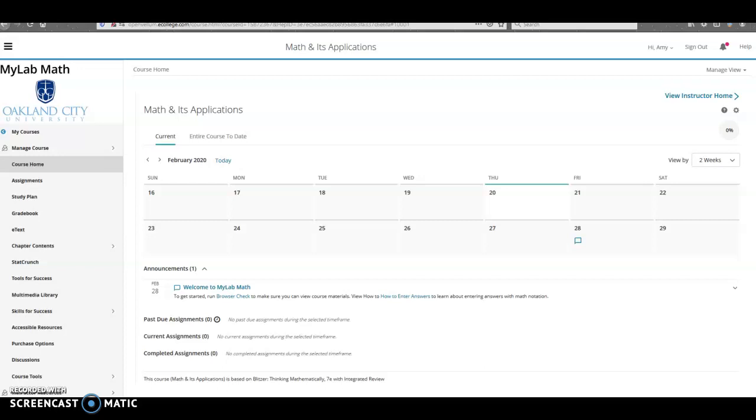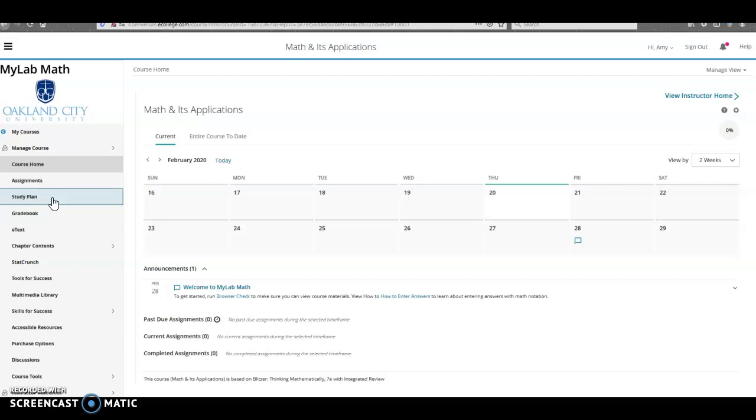What I really want to focus on right now, though, are the tools that are beneficial for you on the left-hand side of your screen. You can, among other things, view a list of assignments under this Assignment tab, a potential study plan under the Study Plan tab. The study plans themselves are related currently to your success on the first chapter post-test that you